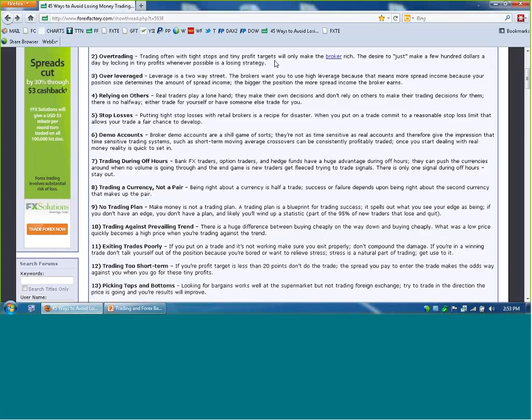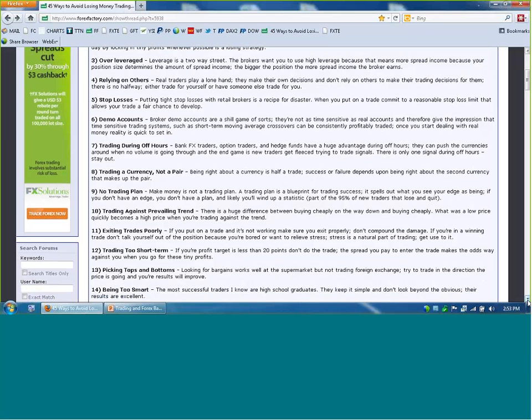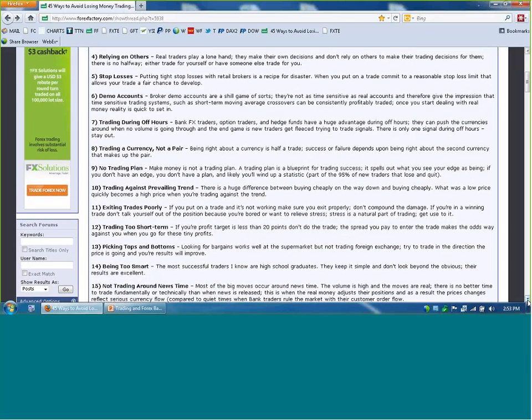Another thing is leverage. Leverage is a two-way street. If you get it right, you make a lot, but if you get it wrong, you lose a lot. Most retail traders tend to bet too much at once because they're trying to make too much money from their money. We must be very realistic and remember right now that you get 0% interest in the bank. So making 20 or 30% on your money is head over heels terrific. Trying to make thousands of percent is a recipe for disaster.